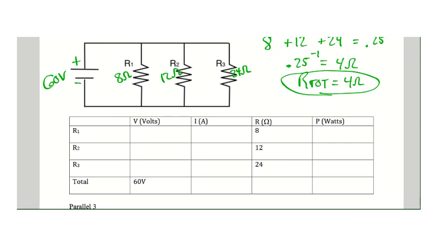So let's go ahead and fill out the chart here. We have 4 ohms as the resistance of this circuit. And just like before, you could find your total current. So we know 60 divided by 4 is going to be 15 amps, which would be a phenomenal amount of current. So that means that 15 amps